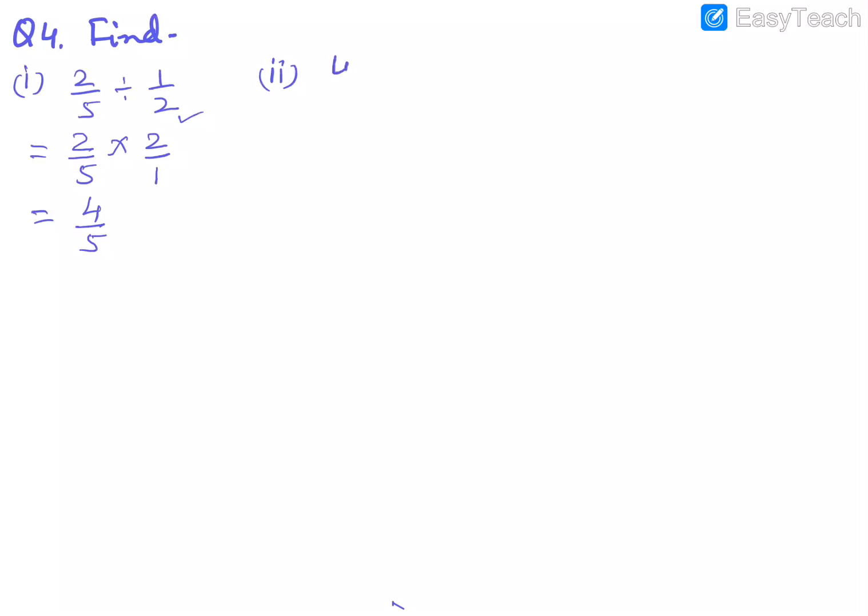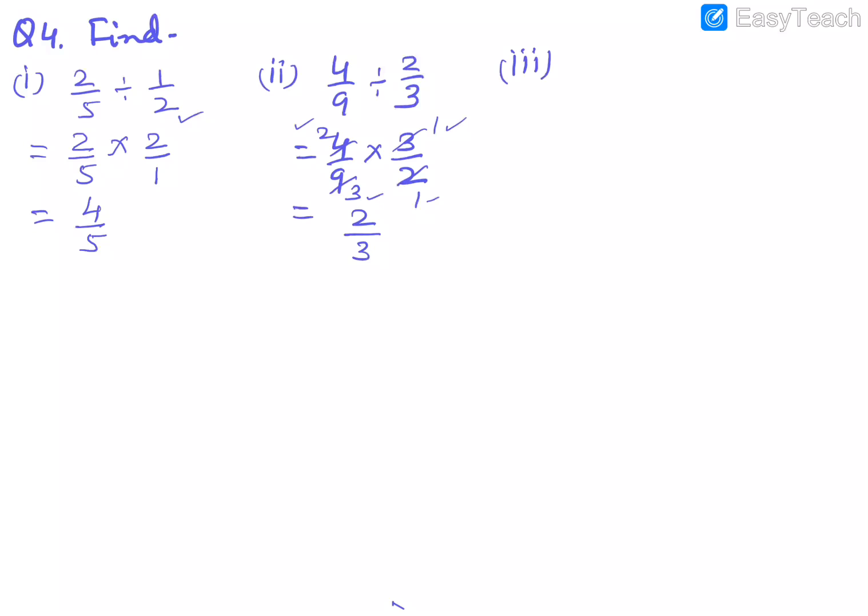Second part, 4 by 9 is to be divided by 2 by 3. 4/9 को ऐसे ही रखेंगे, इसको into में change करेंगे और इसका reciprocal कर देंगे। अब मैं इसमें cancel करके बता रहा हूँ। 3 1's are 3, 3 3's are 9, 2 1's are 2, 2 2's are 4। इस तरीके से हमें यहाँ पर numerator 2 और यहाँ पर numerator 1 मिलता है, जिसका product 2 1's are 2 होगा, जबकि denominators में 3 और 1 है तो 3 1's are 3। तो finally 2/3 answer मिलता है।